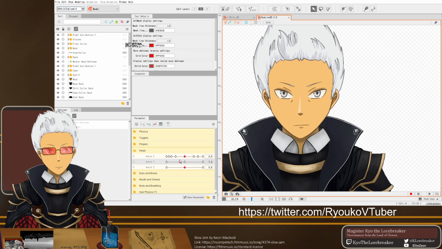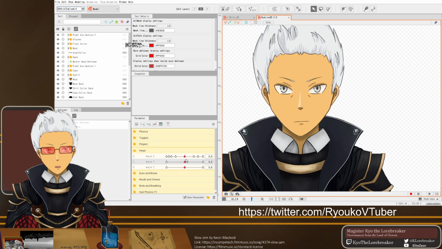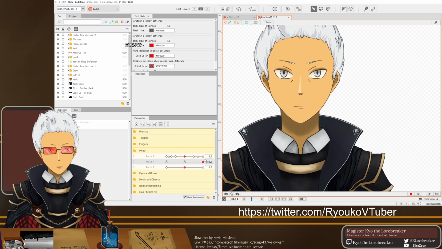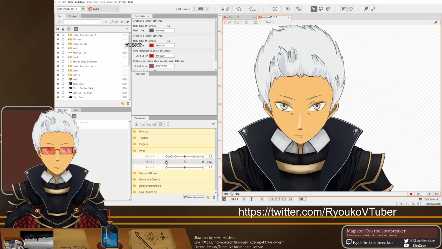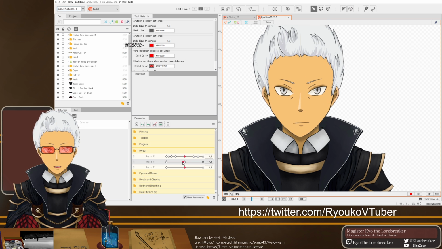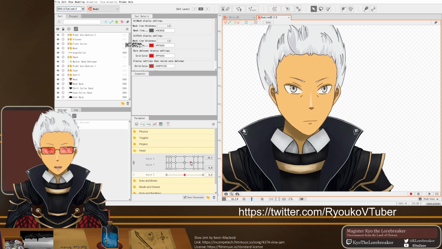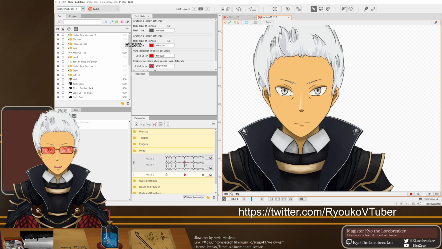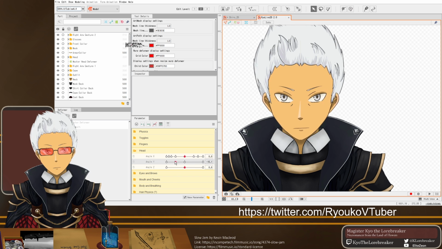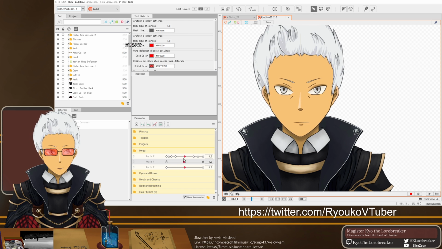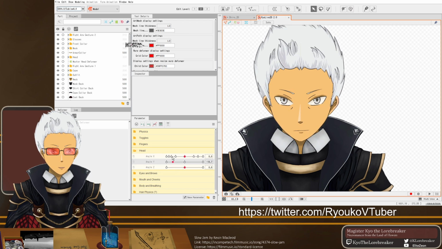I call it marshmallowing, by the way. If you don't rig it right, which unfortunately happens to anyone who does rigging, or any VTuber on Live2D, parts of your body are just going to start looking like a marshmallow, the way it melts around. I'm not sure how else to describe it, and it's one of my biggest pet peeves of the program. It's not something you can easily avoid unless you're a master tier rigger, and I'm just an amateur. Alright, so this is going downward, and one of the things is you also need to make sure